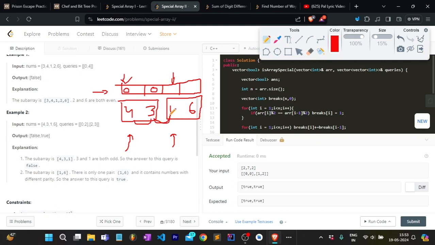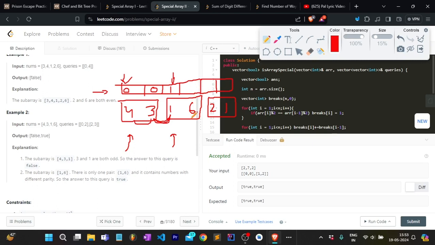I will say that there exists a breakpoint because these two elements have the same parity. We will place 1 here because we have got one breakpoint till this point. This signifies that our array has been partitioned from this point. I hope you are getting the point. Now let's suppose there is also one breakpoint here. Then what will happen? For 6, let's suppose 2 is here and 1 is here. So our prefix array will be extended by 2 more elements,